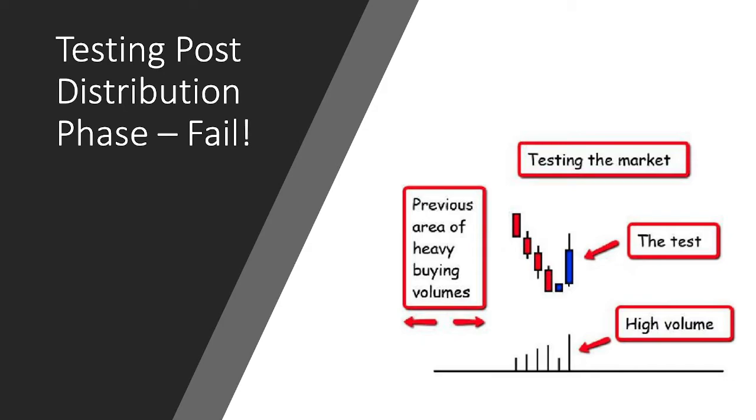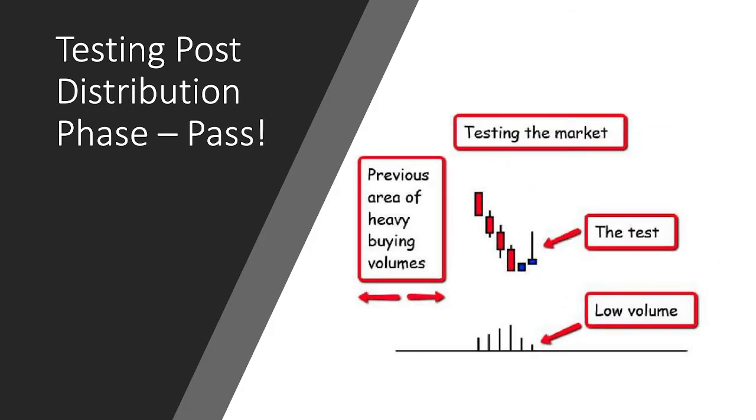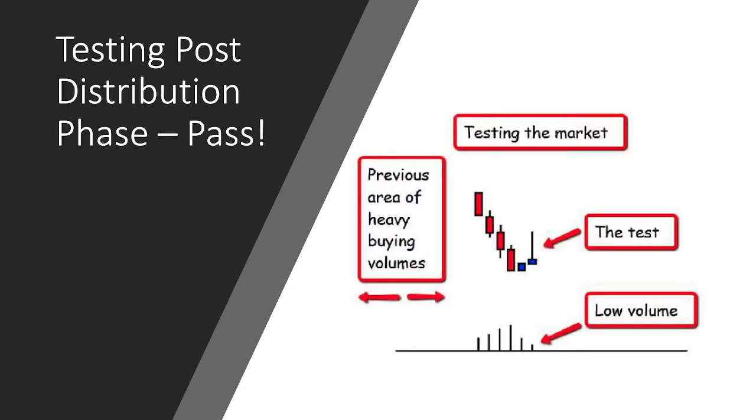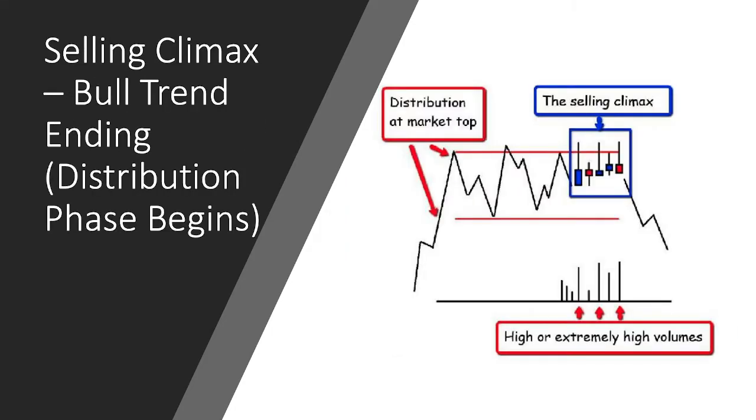You'll actually see it get pushed up on diminishing volume, and then eventually when that steam runs out, they go back to their distribution phase and sell into that on high volume in an effort to get ready to push that thing down again. And they'll test, and they'll do it until they get a successful test. Now, when these trends are ending, so basically when we've reached a selling climax at the end of this bull trend,